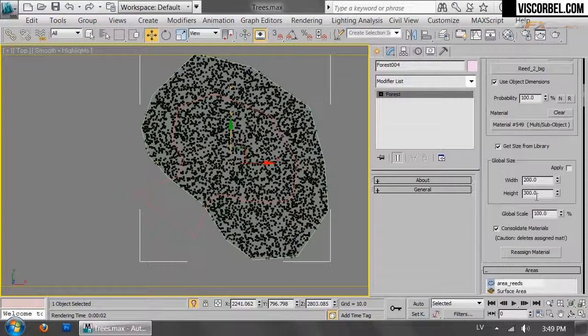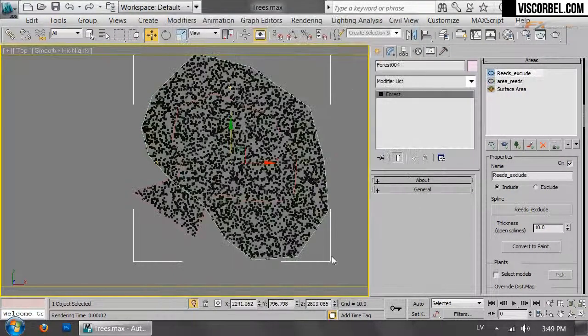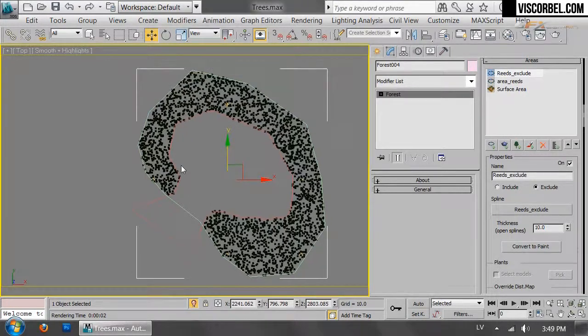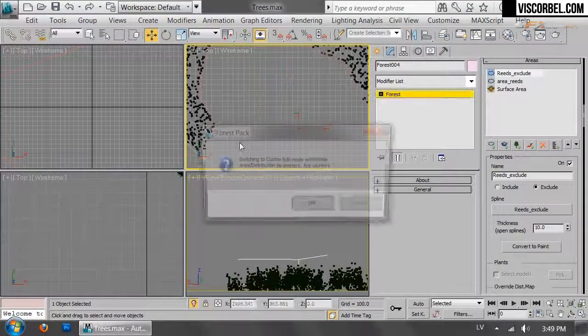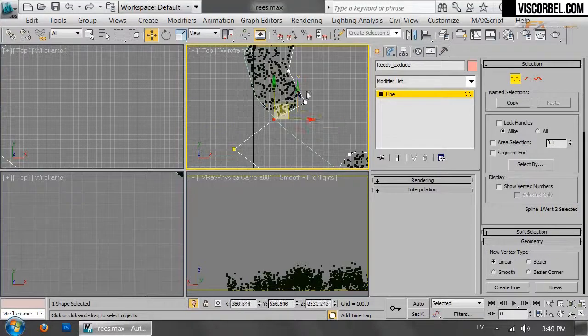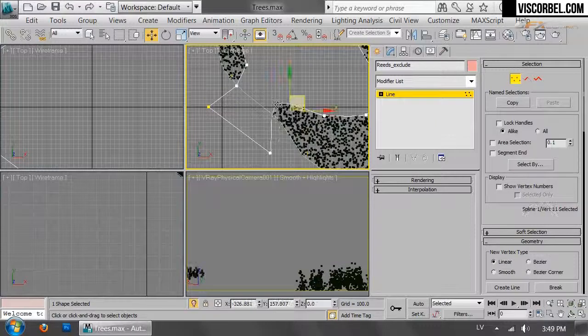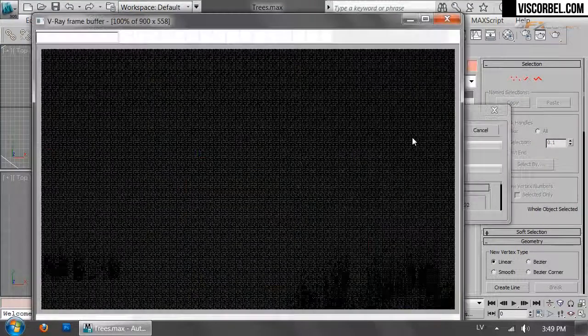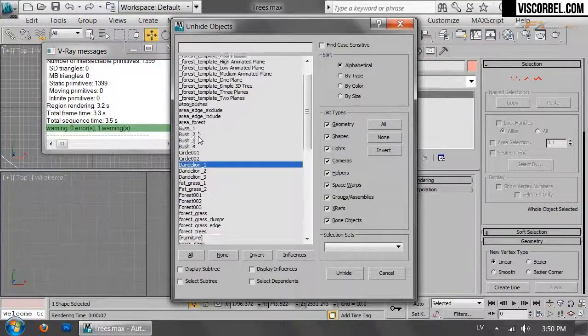And let's add an area to exclude, okay? And now moving some points on this, we can adjust the composition in the viewport. Let's unhide ground and water to see